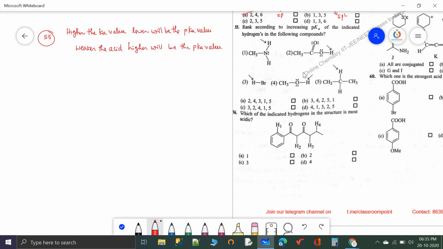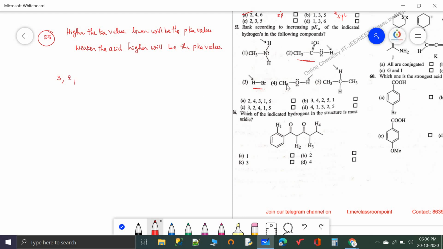Now if you take all these molecules, mineral acids are the strong acids compared to the organic compounds. So here the highest Ka value is with HBr, so it has the lowest pKa value. So option 3, the third compound, is having the least pKa value because its Ka value is higher. We don't ask for the order, just the numbers, 3. So after this one, you can see these molecules. This is a carboxylic acid, which is a stronger acid than the amines, alcohols and alkanes. So the next compound is 2.